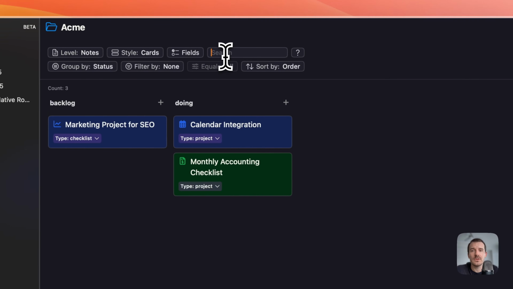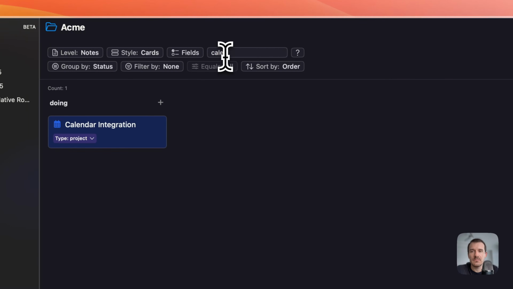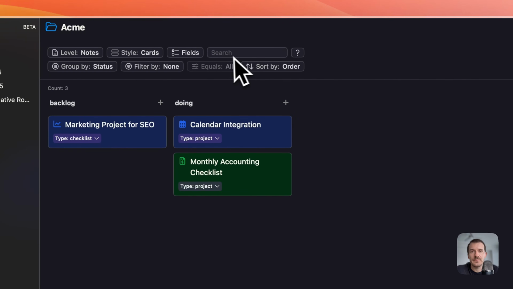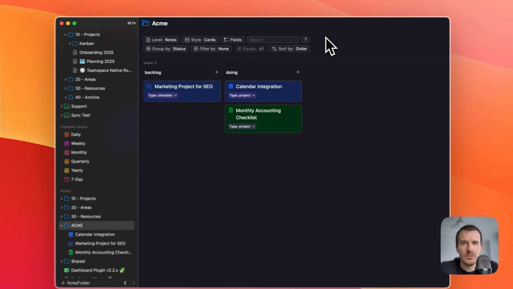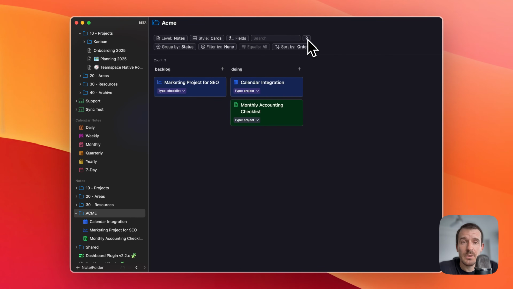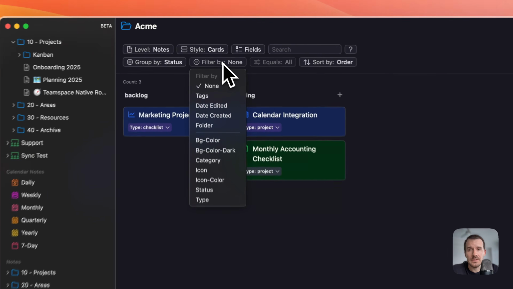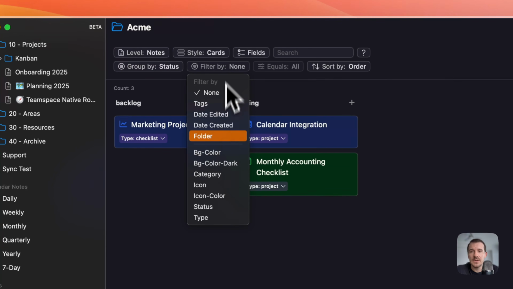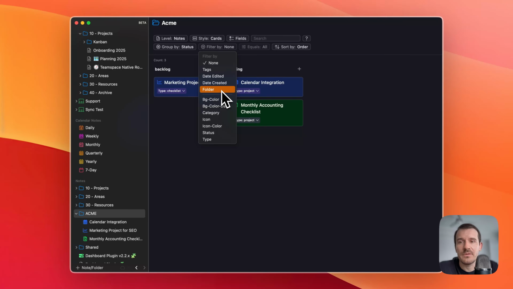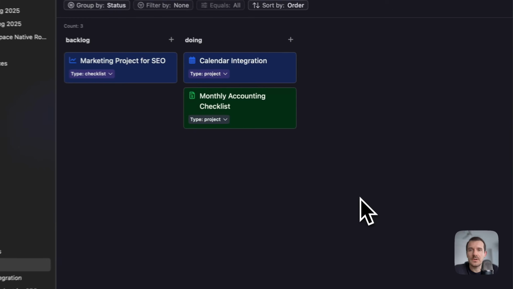You can also search the notes, like calendar, and it will automatically filter it for you. If you need more information on documentation, you can click on the question mark button here as well. And there's another one, filter by. So if you just want a specific subfolder, for example, you can filter by the folder, or